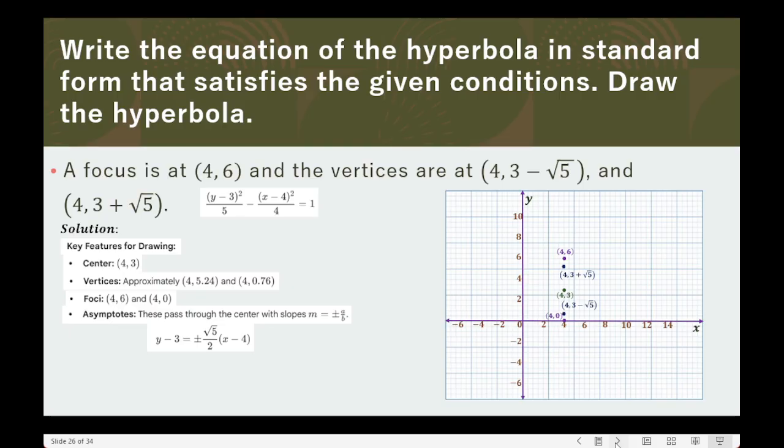Then, you draw two broken diagonals. So, this is the graph. Now, what I plotted are the points which are the endpoints of the latus rectum. Although it is not included here, you can include it. From the focus to one end of the latus rectum, that is actually equivalent to b squared over a. So I just did not include it here.